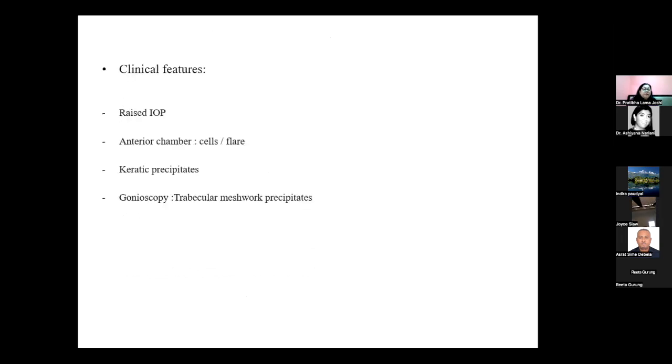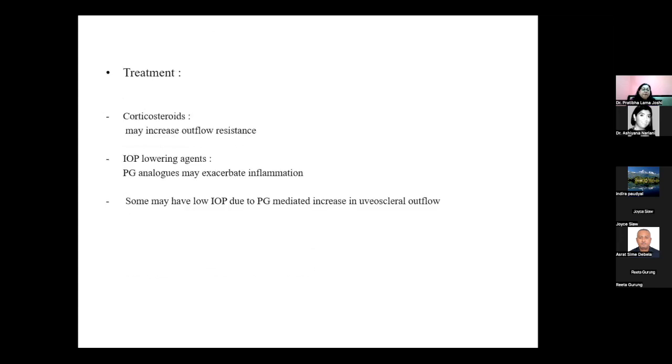These are the list. In ocular inflammation induced glaucoma, clinical features: we will see raised intraocular pressure. There are cells and flare in the anterior chamber, presence of keratic precipitates, and in gonioscopy, we will see trabecular meshwork precipitates. Treatment is corticosteroids to